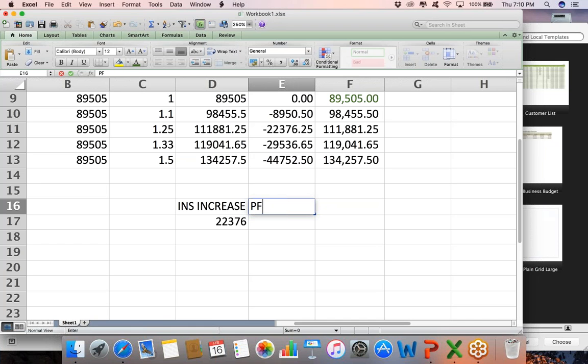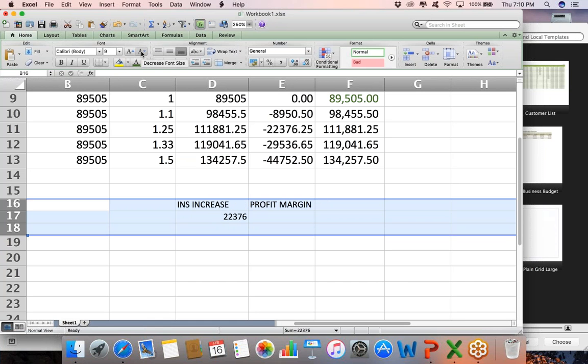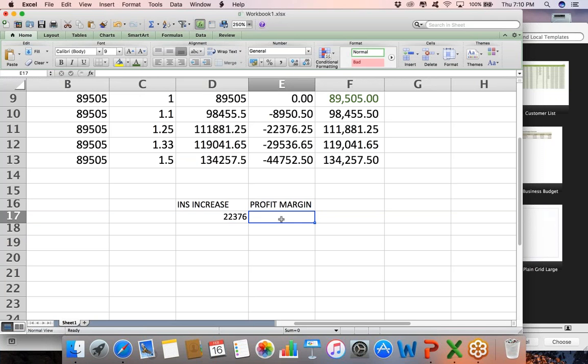So let's say profit margin, and hang with me. This is going to take a second to get us there. Let me make this smaller. That's going to be part of my problem right here. Okay, profit margin, and we're going to be at 15%. So for our profit margin, if we want to make up this $22,000 that we're leaving on the table, this is what you're going to do. You're going to take that profit margin. So we're going to take 22,376, and then you're going to divide that